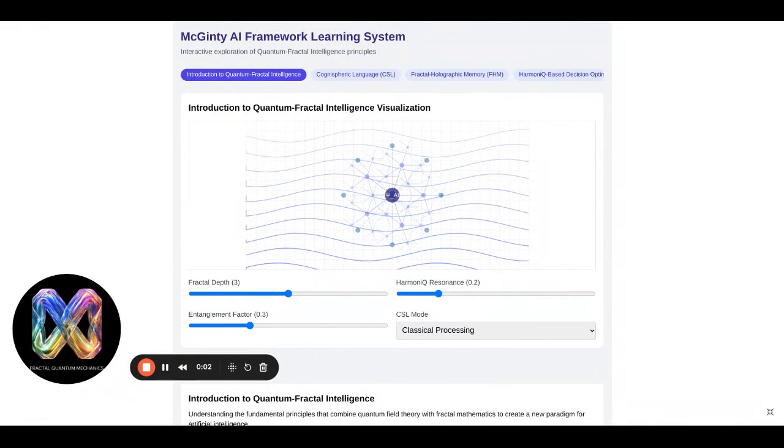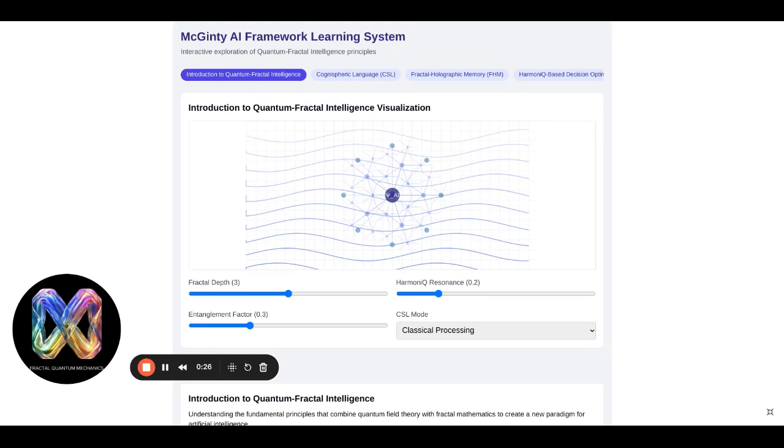Welcome to the McGinty AI Quantum Fractal Intelligence Framework Learning Application. This interactive educational tool is designed to guide users through the revolutionary concepts that define next-generation artificial intelligence systems. Today, I'll walk you through this application and demonstrate how it makes complex quantum fractal concepts accessible through visualization and